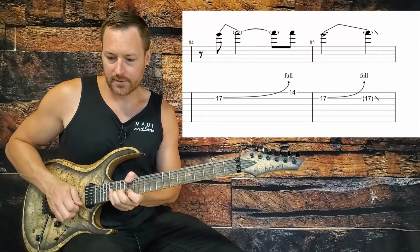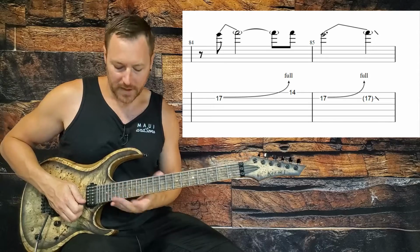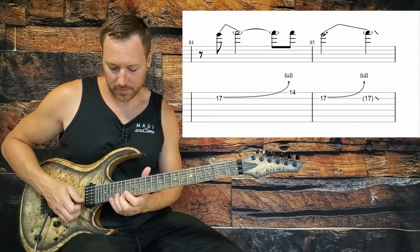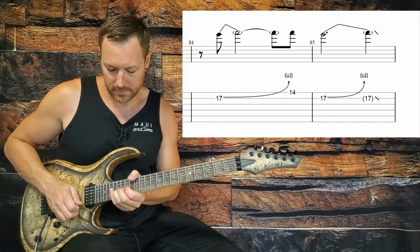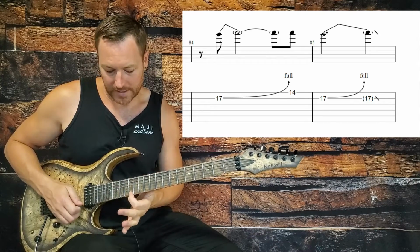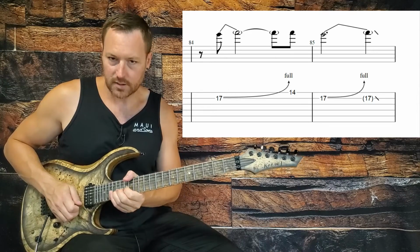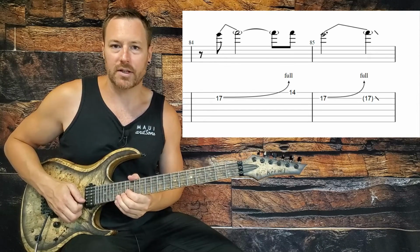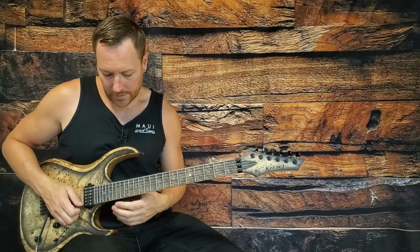And then we have a nice slow bend. This is really just a unison bend, a couple of F sharps. We're gonna bend the 17th fret on B, nice and slow, up a whole step. And then get that same pitch on the 14th fret of the high string, and then bend that 17th fret on B again. And then we get into